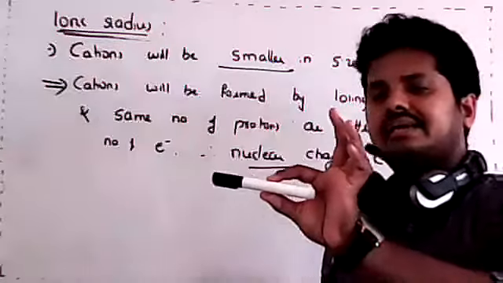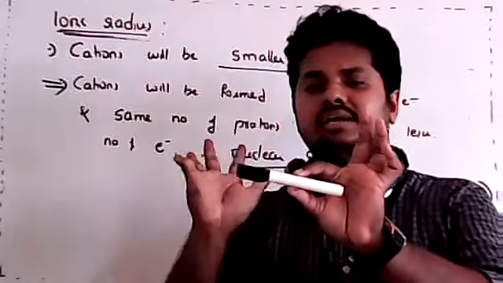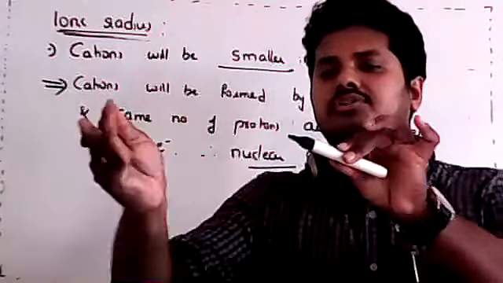Imagine a cake piece only. Atom is like a cake piece. I will try to cut this one now. What happens to the size? Decreases. Got it? So understand it in this way, in cation. Cation, got it? So after cutting, it becomes smaller. Actually, it is really helpful in remembering.